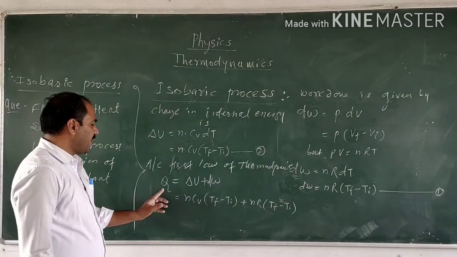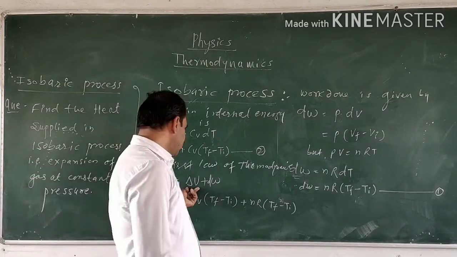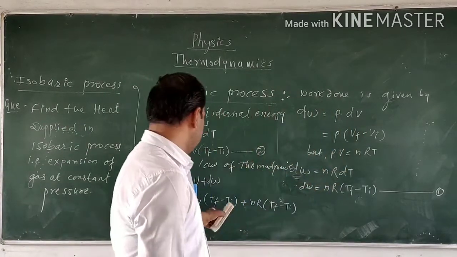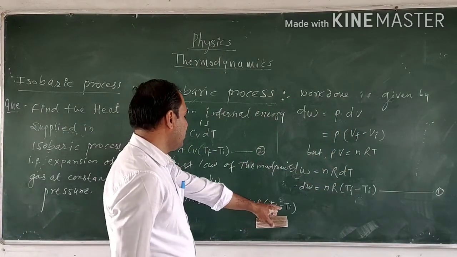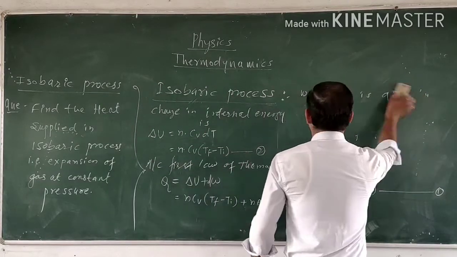So the heat supplied to the system is equal to the amount of the internal energy plus the amount of the work done. We can write the dW in the form of nR (Tf minus Ti). So solving this expression, we have in the next step,